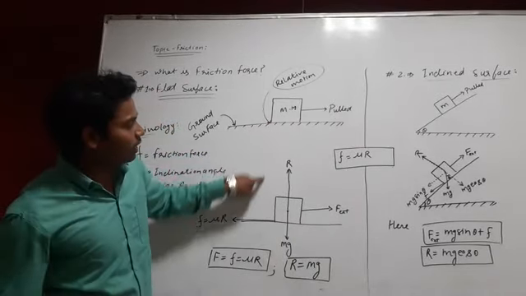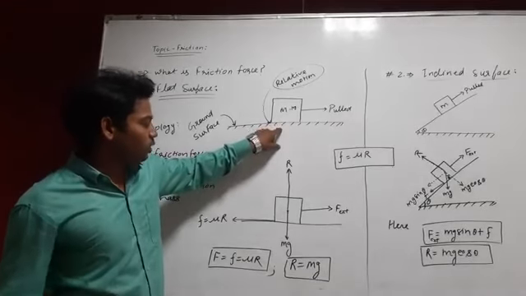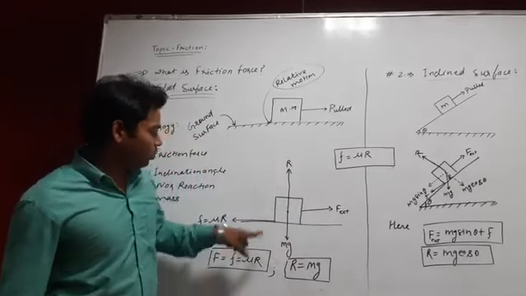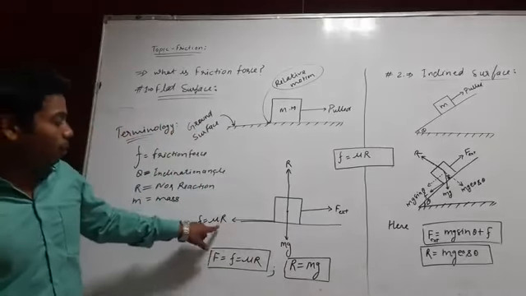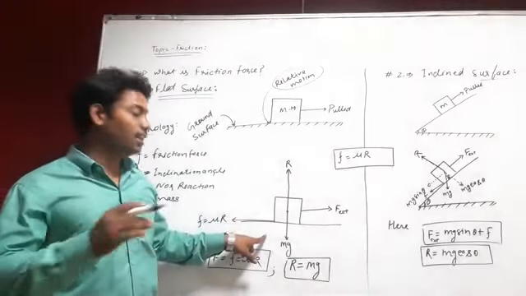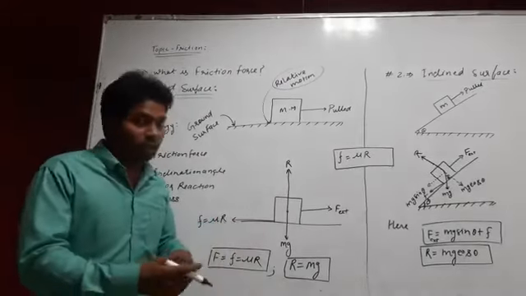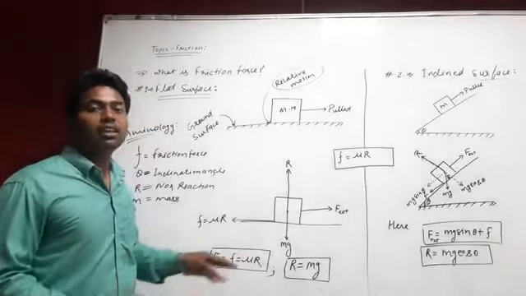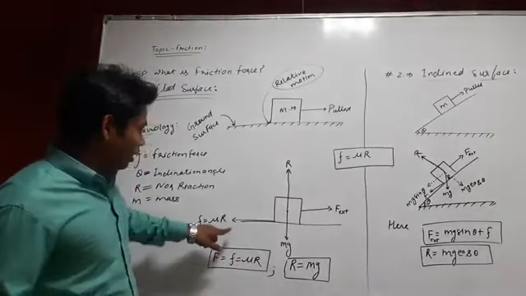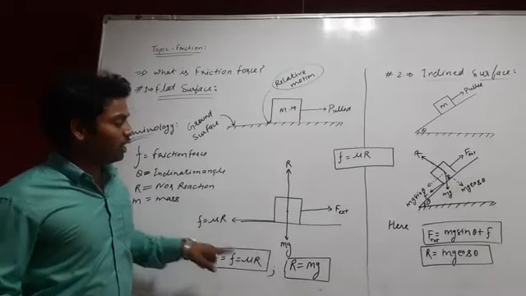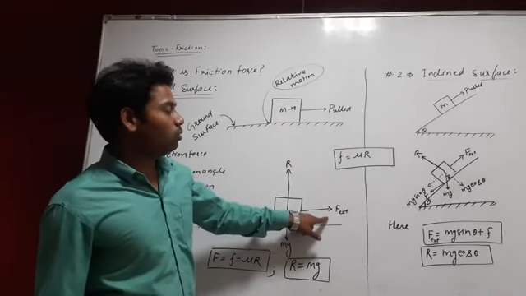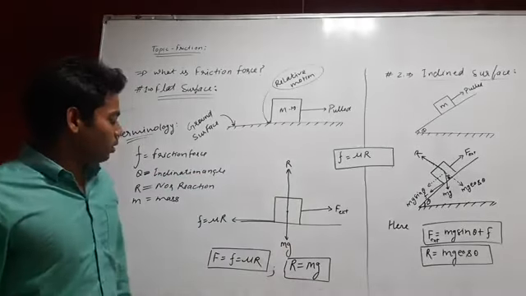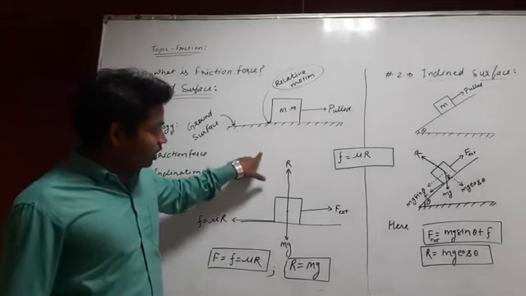If you see the free body diagram of the above problem, you can see clearly that when you apply an external force on the body, this friction force will try to oppose and resist that motion. As it is resisting the motion, its direction will, of course, be in the opposite direction. So here is the friction force. As you apply the external force on any body, it will try to oppose that motion when there is relative motion. So this is the free body diagram.